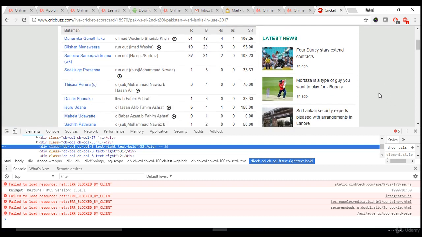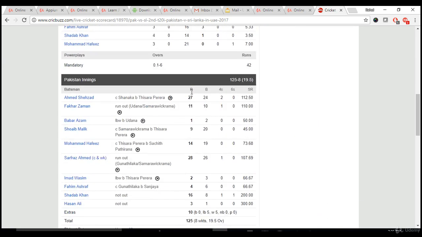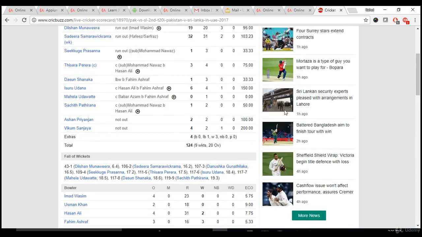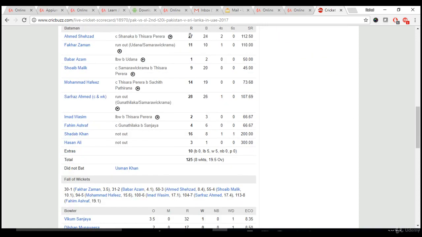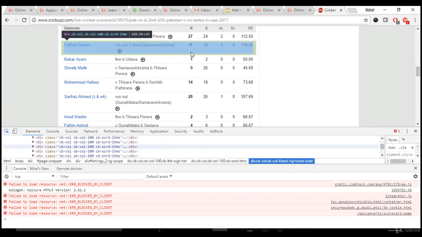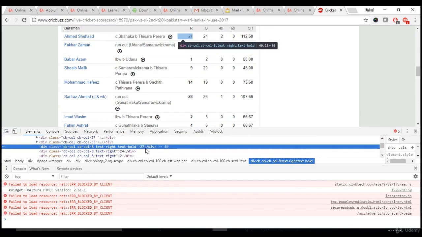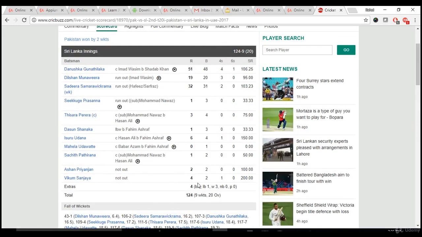You need the list of only 51 to 4. But if you give that common CSS, you might get the list of this second table also, isn't it? Even this looks similar, and even this looks similar. If you inspect this, you see that even this has the same class name. So how do you uniquely get the values from 51 to 4?